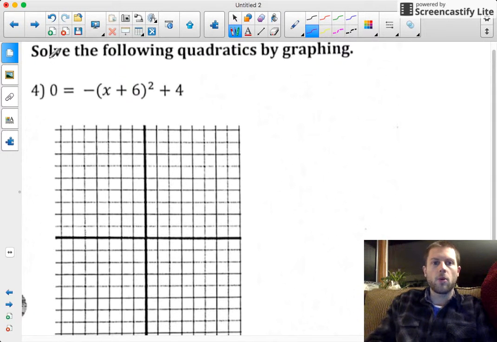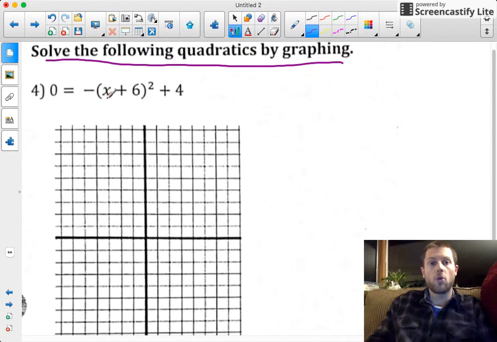Okay, this problem here, we want to solve the following quadratic by graphing. So here we have a quadratic, and we want to know when does this quadratic equal 0? For which values of x would make this equation true? And the method that we learned to solve this by graphing is to basically pretend that this no longer is